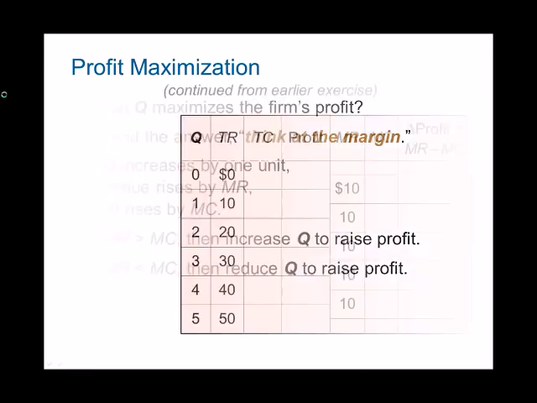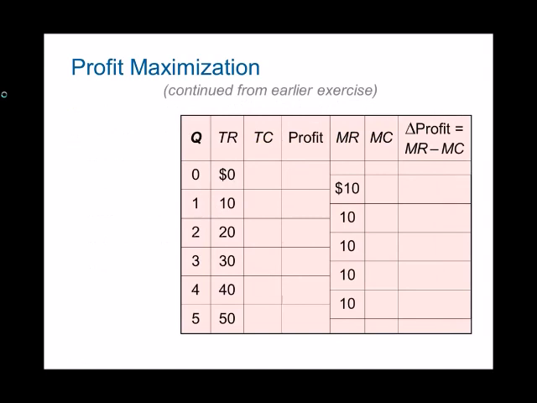So let's look at an example. Let's say this is our cost schedule, so this is total cost. Total revenue minus total cost equals profit. This exercise should be kind of simple to do, because you should be able to calculate marginal cost. If you have problems figuring out what marginal cost is, then I would recommend going back to chapter 13 and reviewing that section again. But in this case, we have marginal revenue and marginal cost.